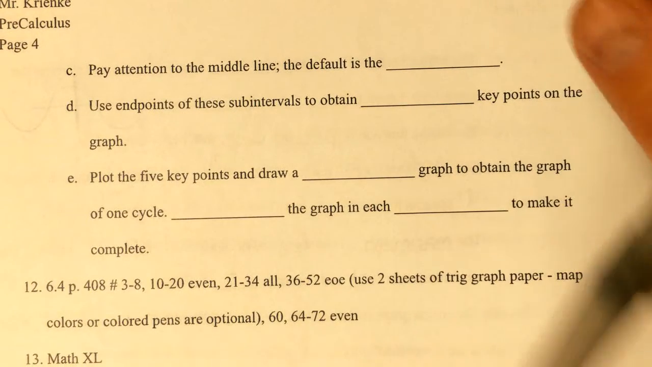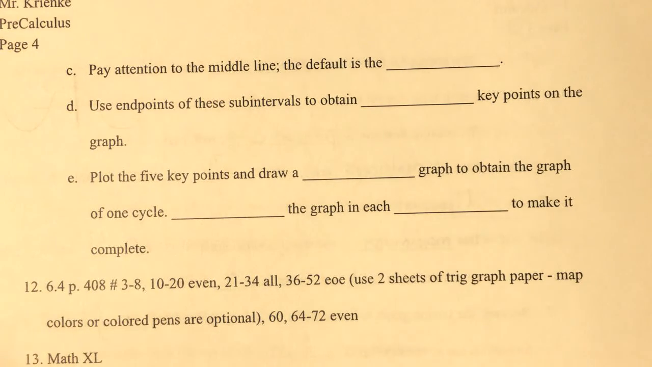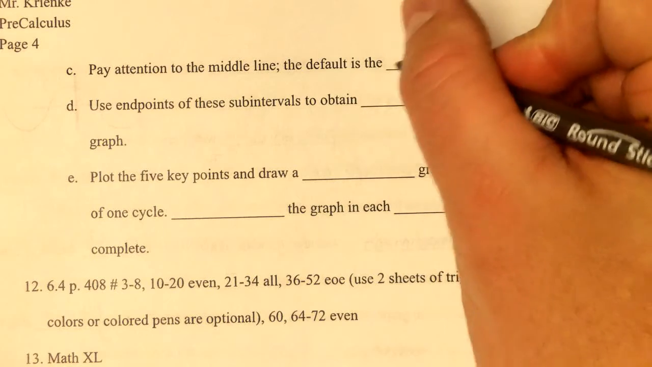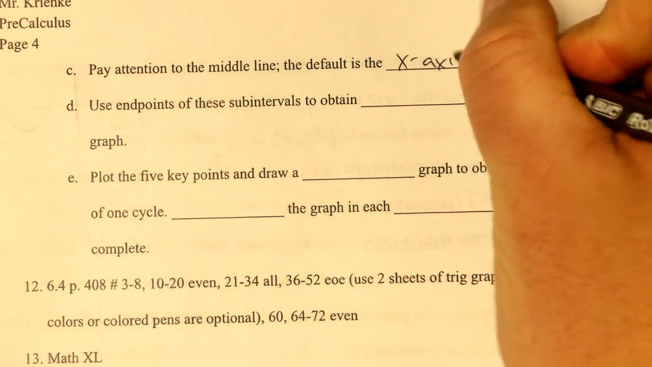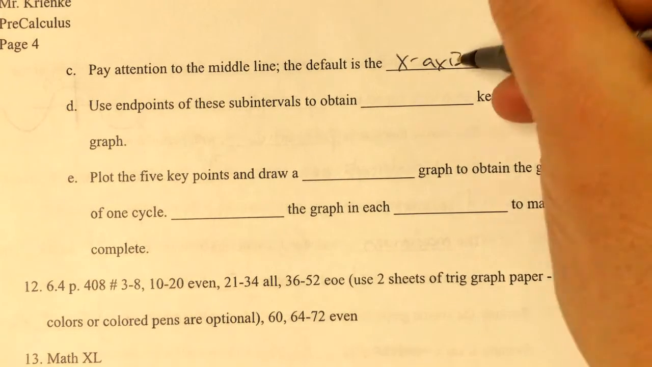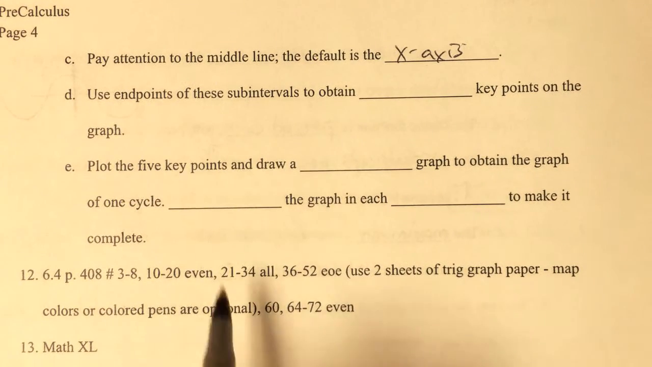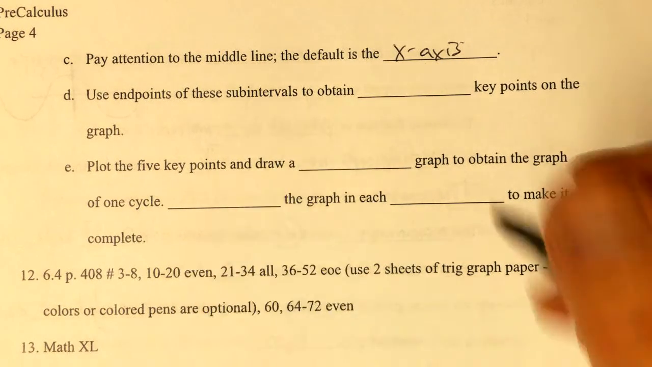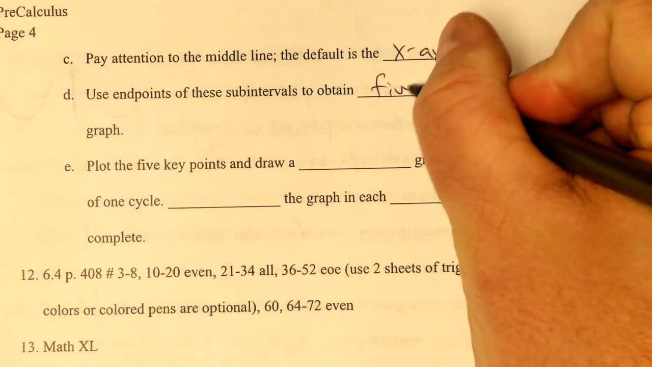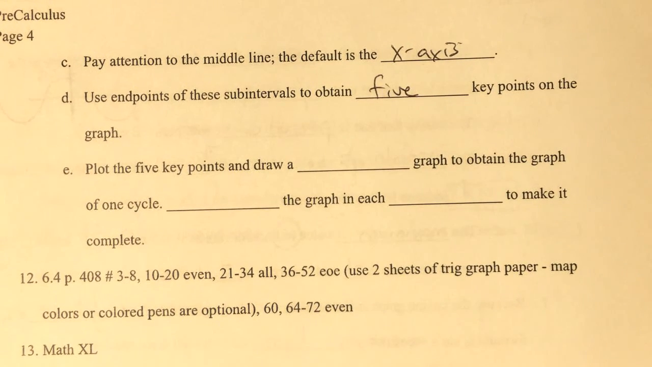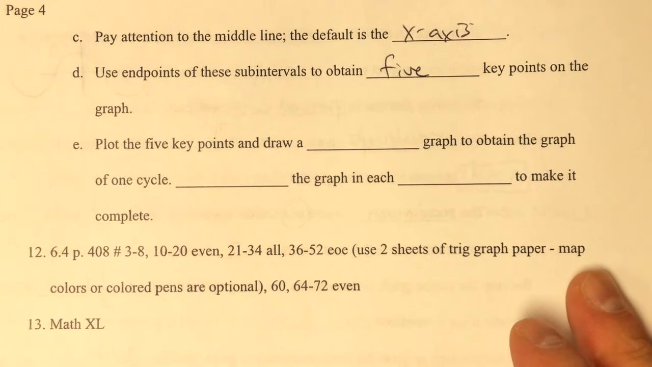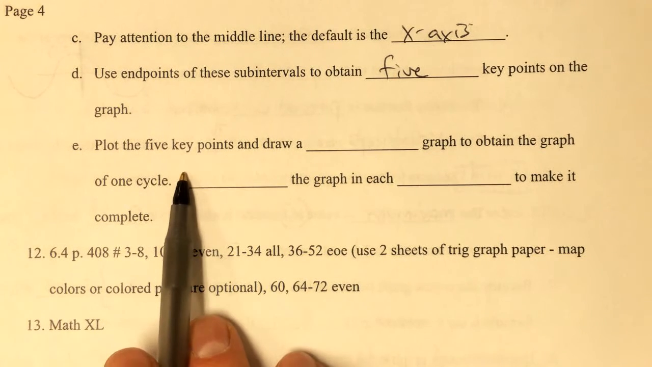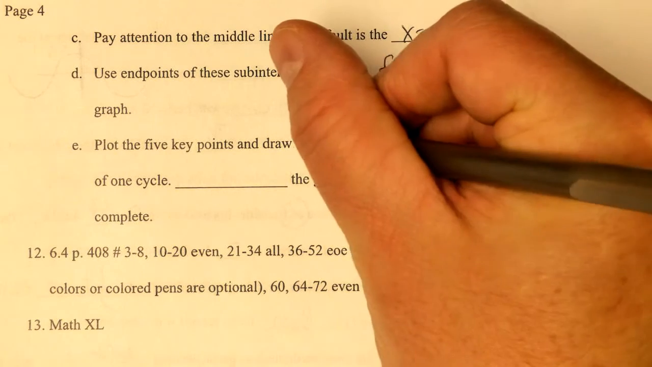Pay attention to the middle line, and as we said earlier, the default is the x-axis. Use the endpoints of the subintervals to determine your 5 key points, so that way you'll know where to curve it. Plot those 5 key points and draw a sinusoidal graph